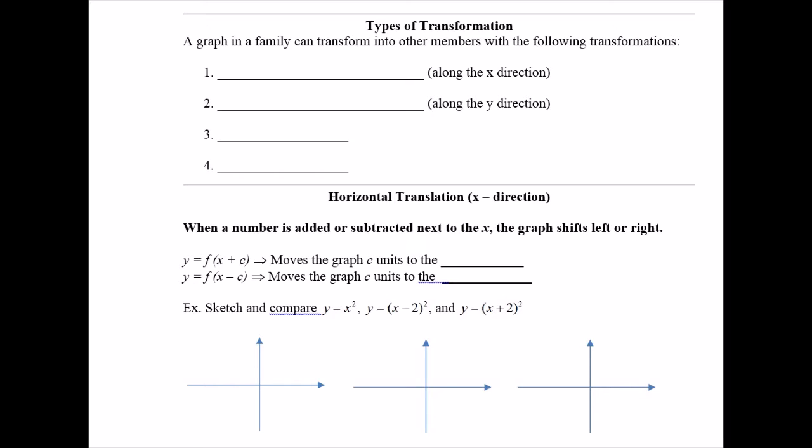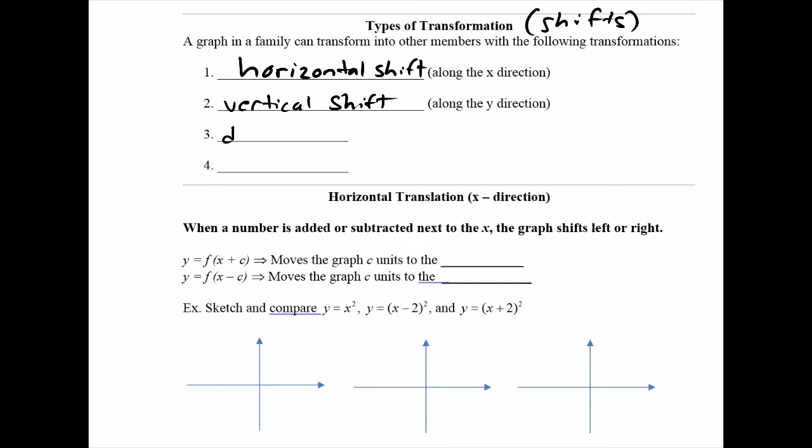So we just did our basic parent graphs. Now we're going to go over types of transformations. So, a transformation is how you shift. These are just called shifts. So if I shift along the x direction, it's a horizontal shift. If I shift along the y direction, it's going to be my vertical shift. Two other types of shifts we're going to be talking about are going to be called dilations,